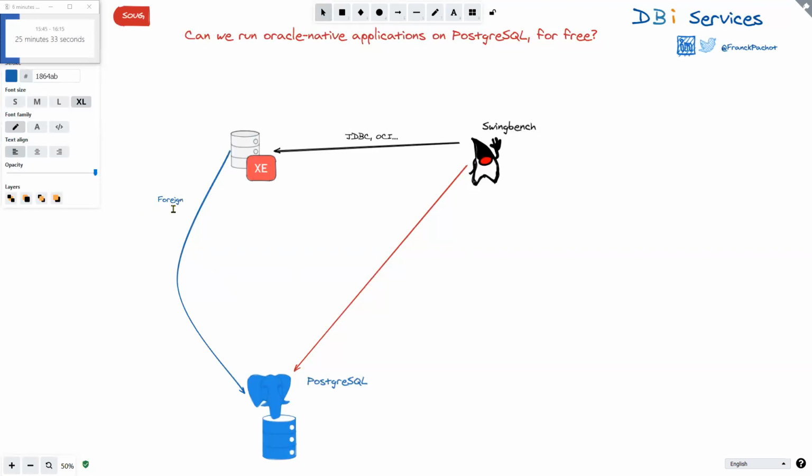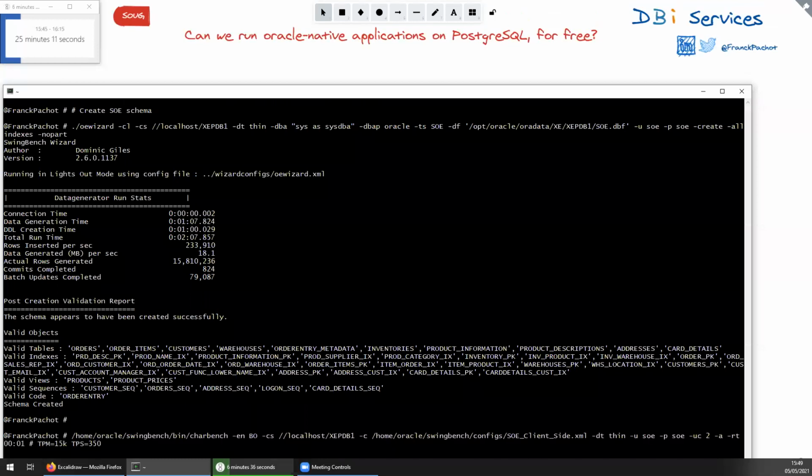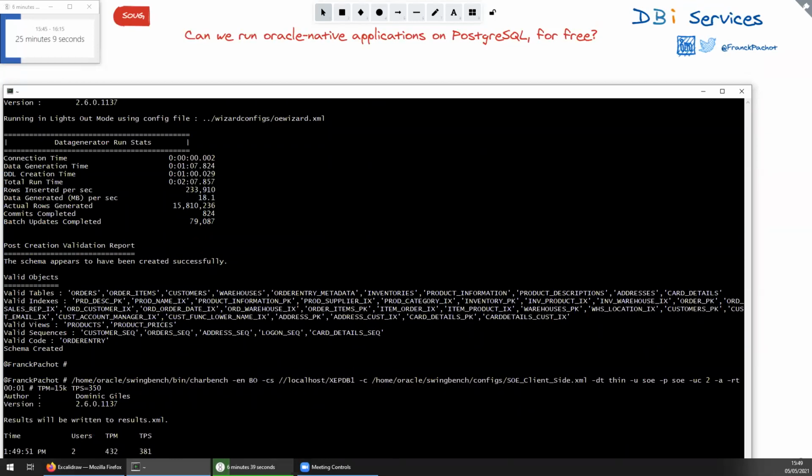Foreign Data Wrapper. And we will start with that. Put all data there, and then we will see how the application can behave on that. So before that, I will just run the application while it is running on Oracle, just to show you how it looks, the number of transactions per second. But here I've just selected one use case that is probably the fastest one, transaction per minute, transaction per second. This is running from the Java to Oracle XC. I cancel this run